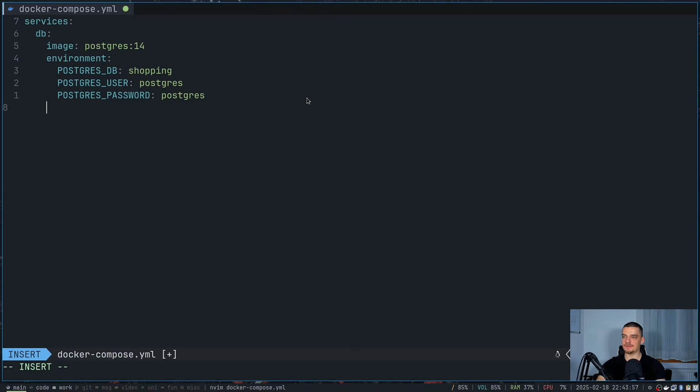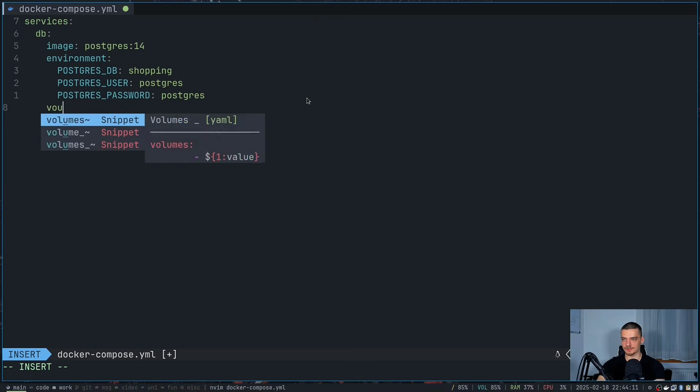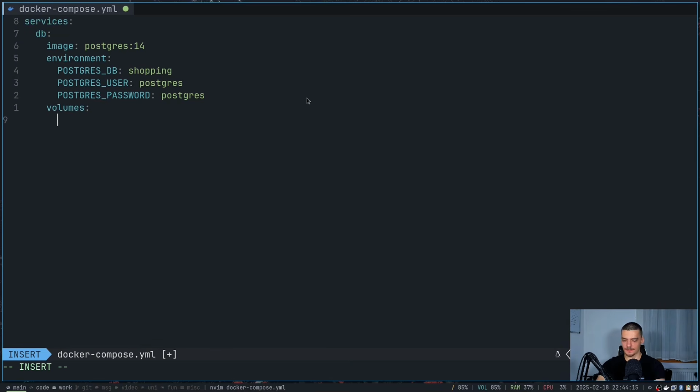And in order to keep the database persistent, so to actually have the same database and to also save the updates whenever we run a new instance, a new container, even if we delete the container, we need to add a volume here. So we're going to say volumes, and we're going to say pgdata, and then /var/lib